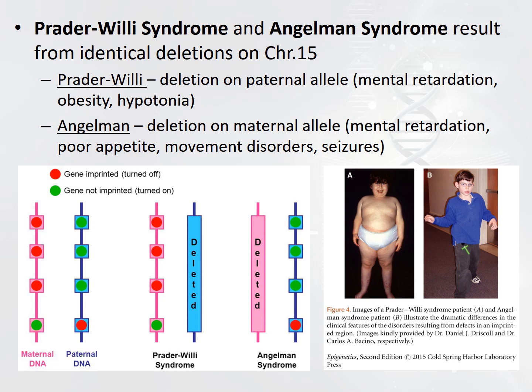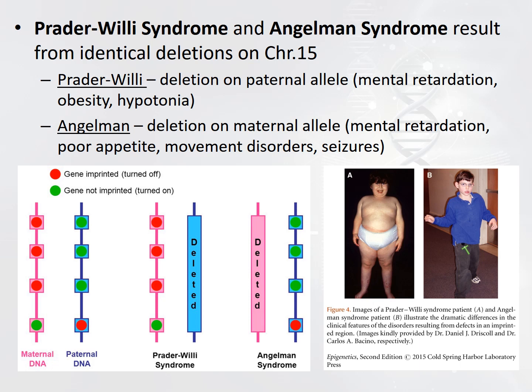This process of genomic imprinting was discovered due to 2 different genetic disorders that have very different phenotypes. But it was discovered that they actually have exactly the same deletion on chromosome 15. In this region of chromosome 15, there are a few imprinted genes, and depending on whether the maternal or the paternal allele is mutated, you can get very different phenotypes. So, if the deletion actually occurs on the paternal allele, the result is